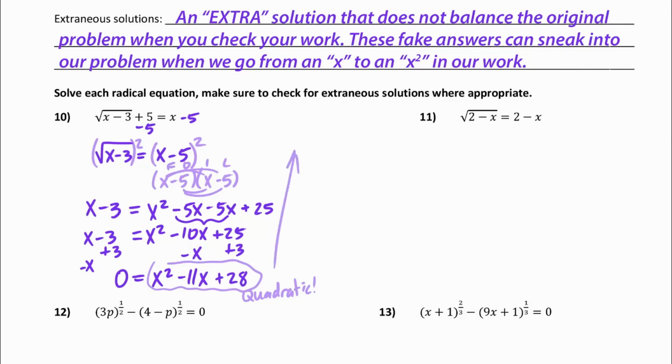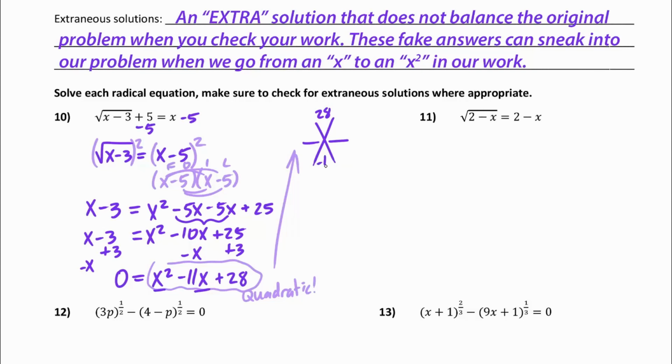We solve quadratics with any of those 4 kitchen tools, which could be square roots. Doesn't work here because there are too many x's. Could be factoring, which might work here. We'll have to test it out. Completing the square, and then the quadratic formula. So you get to choose any of those that are viable options. I personally like the x factor method because it's fast, and if you're really good at that, you can get